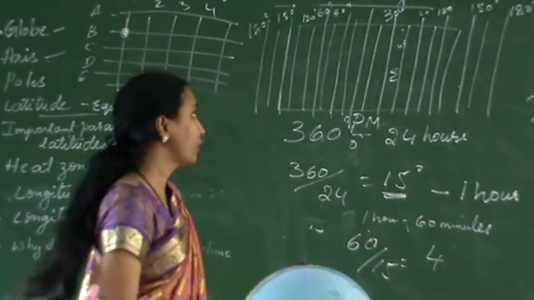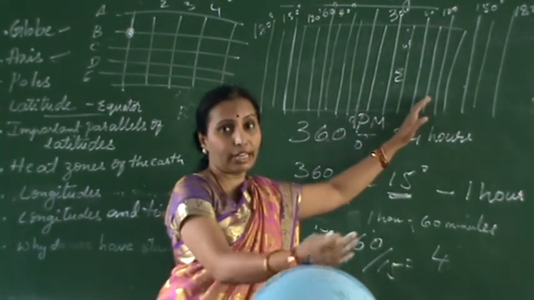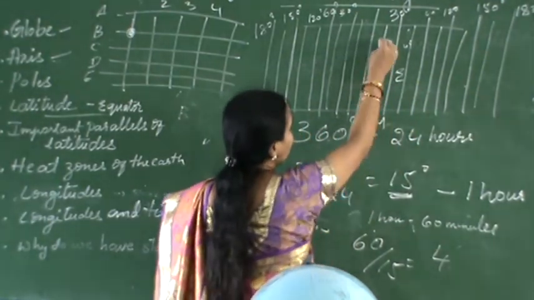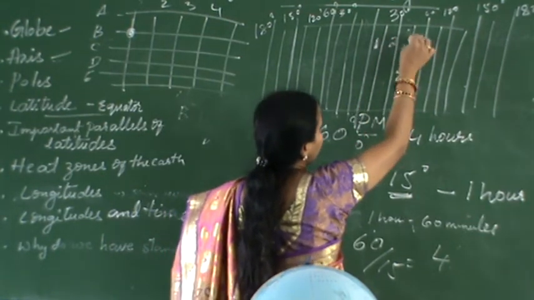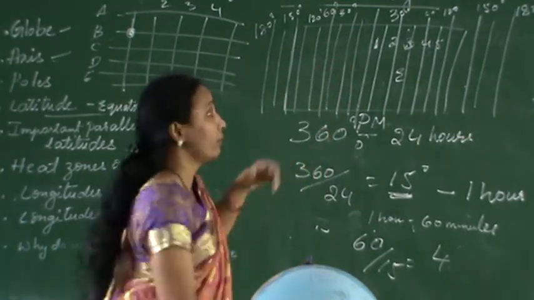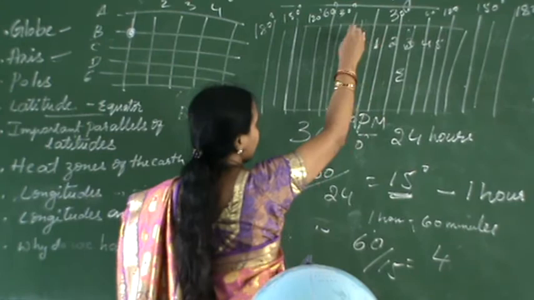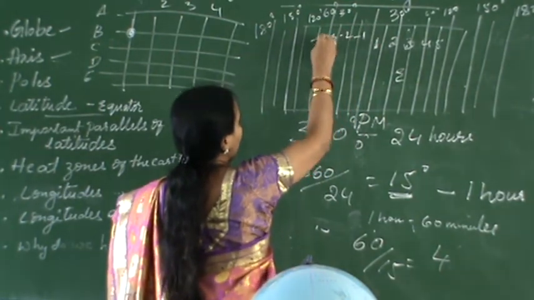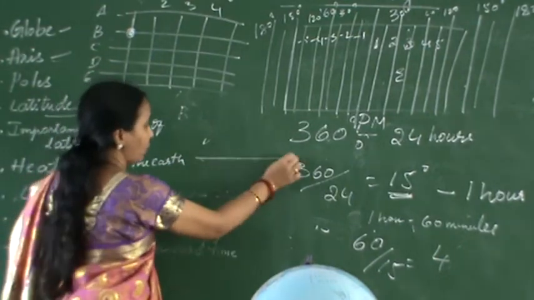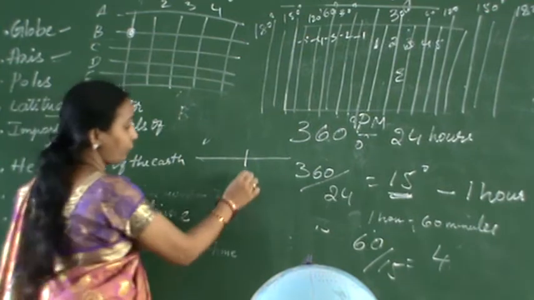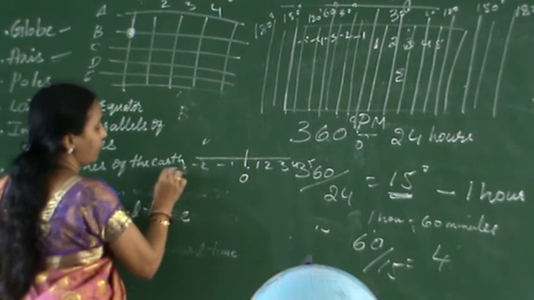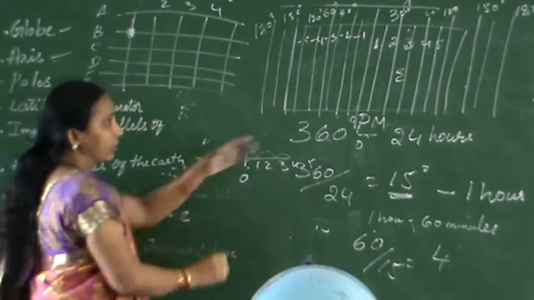As I understand, when it moves towards the east side, the time will be ahead, one hour more for each step. If it is 1 here, then here will be 2, 3, 4, 5, and this side will be behind: here will be -1, -2, -3, -4, -5. In that way, as in the number line concept in maths, 0 degrees, here 1, 2, 3, 4, 5, and -1, -2, -3, -4. In the same way it should be calculated.